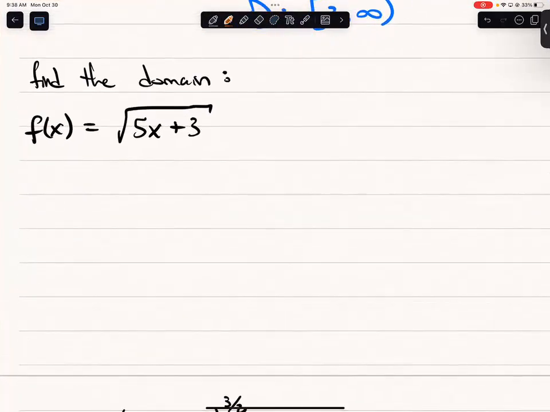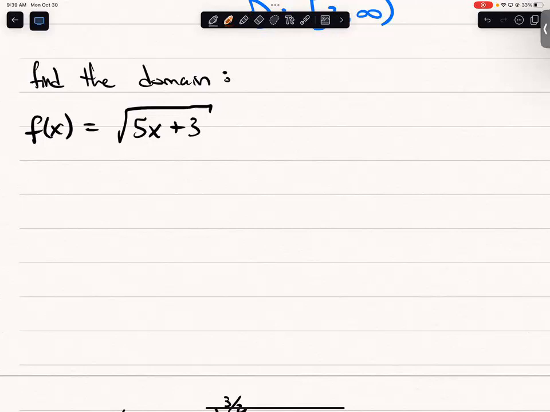Okay, so let's talk about a couple of these. We want to find the domain of this function. f of x is the square root of 5x plus 3. Thinking about domain, looking ahead to the test on Friday, the final exam, whatever. If I'm asking you to find the domain of a function like this,